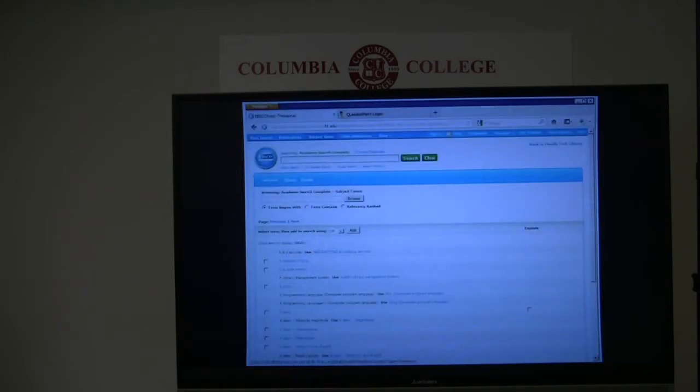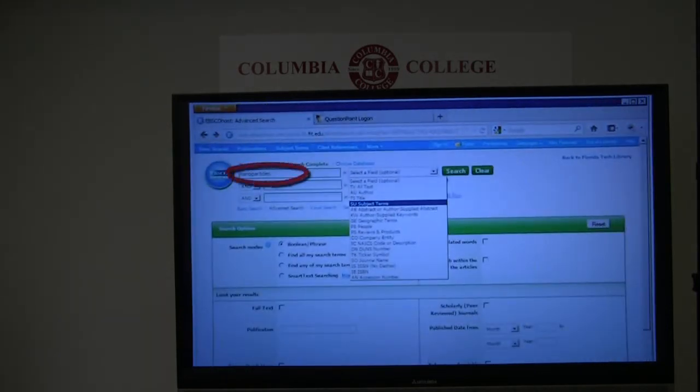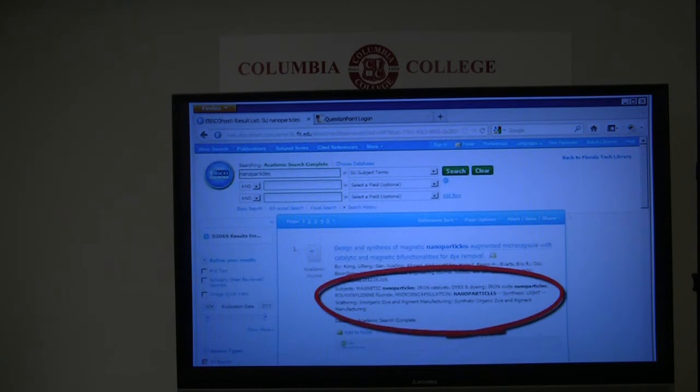To do a controlled vocabulary search, first identify the controlled vocabulary term. In this database, controlled vocabulary is called subject terms, and a list is provided for browsing or searching. Enter the controlled vocabulary term in your search, and target the controlled vocabulary field. This is typically called the subject or subject heading field, but check the tool's help to be sure. Now all of your results contain the term nanoparticles in the record subject fields.